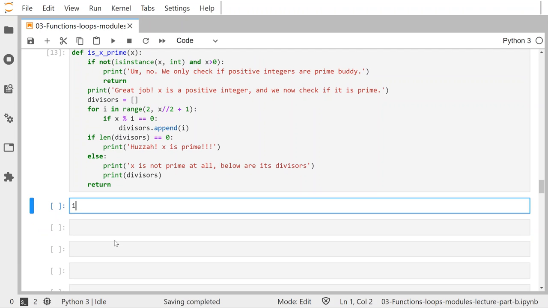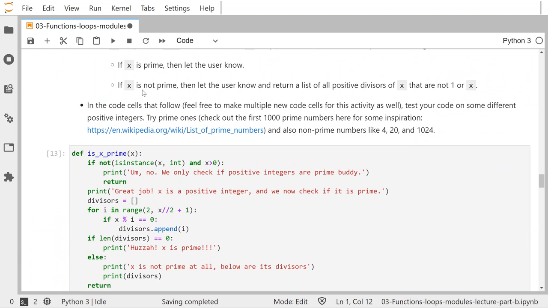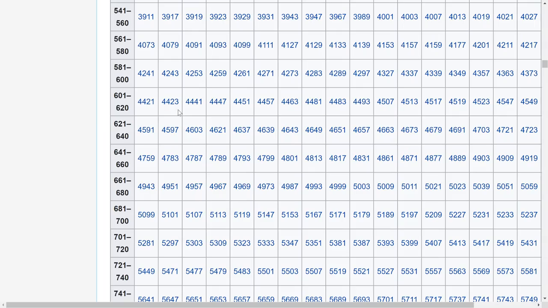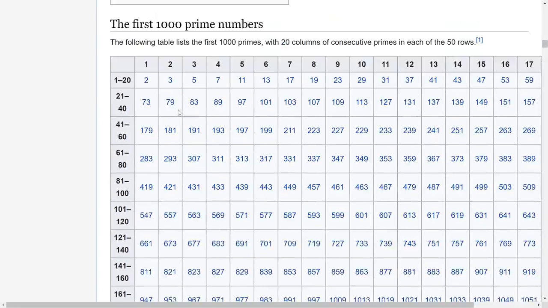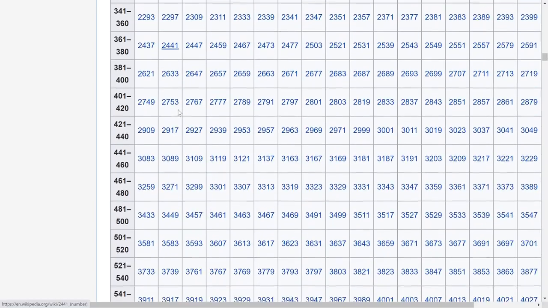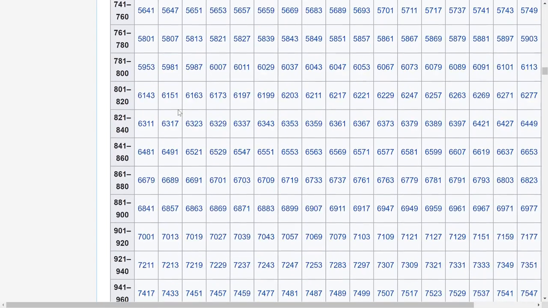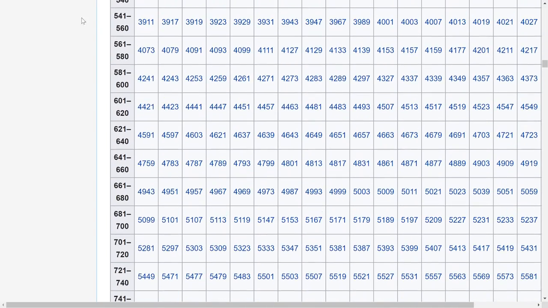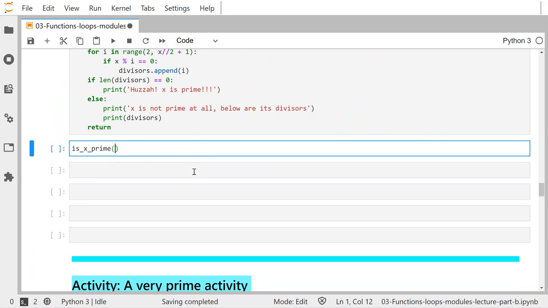Now I can check, is x prime? So what I'm asked to do at the end is show examples. Test it on, I provide this link for the list of prime numbers. The first prime numbers up to 1,000 or so are listed, so you can check ones here. And so I'll just do some examples. We know, for instance, like